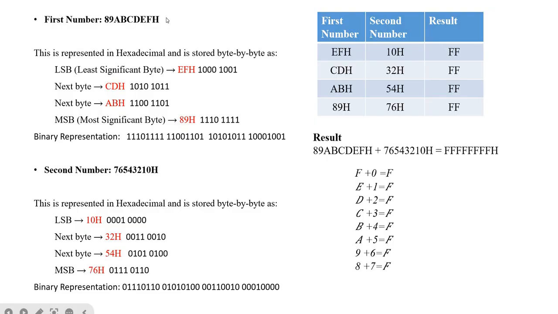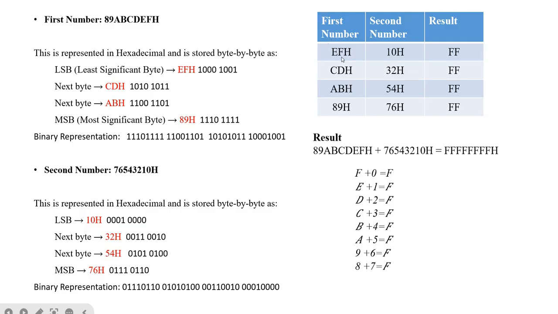Now we will see one more example to add two 32-bit numbers. The first number is 89ABCDEF, and the second number is 76543210H. These are the 4 bytes of the first number, and these are the 4 bytes of the second number. This is the most significant byte of the first number, and this is the most significant byte of the second number.